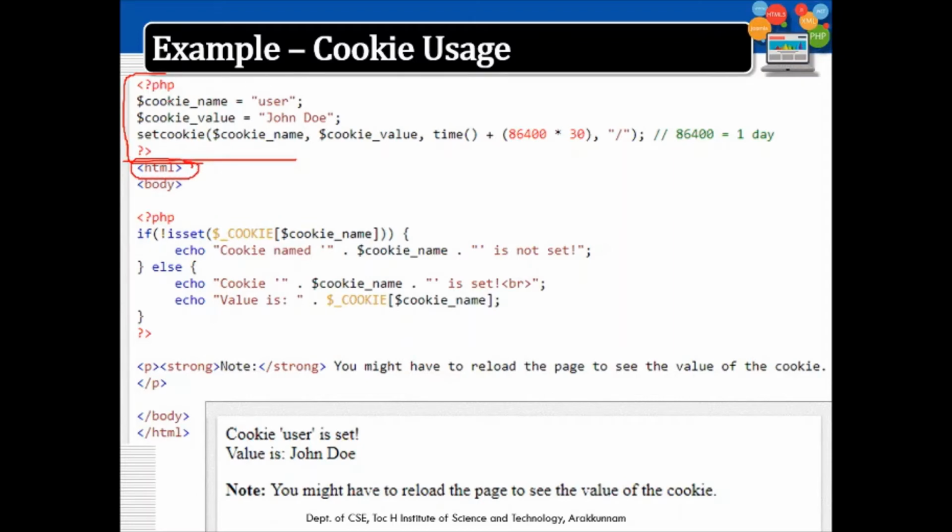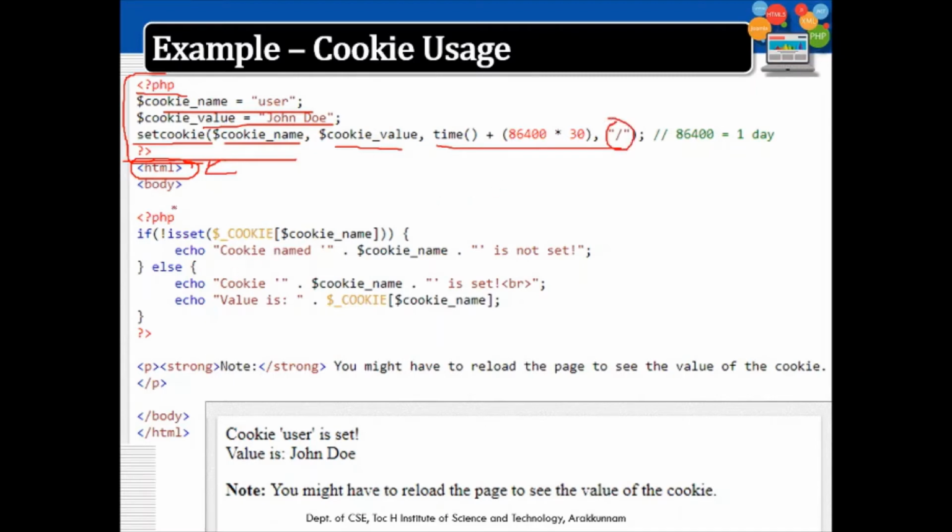So remember this. I have added the script part before my first HTML. Why this? Because only then can the cookie value be sent as a header. Whenever it sees the first HTML part, a blank line will be left and it will be taken as the HTTP body part. So this should always be done within PHP delimiters before the first HTML. So I have the name user and cookie value John Doe. Those are stored in two variables. And I'm using the setcookie function with the cookie name as the first parameter, the cookie value as the second parameter, and the time as the third parameter. This fourth parameter may not be required.